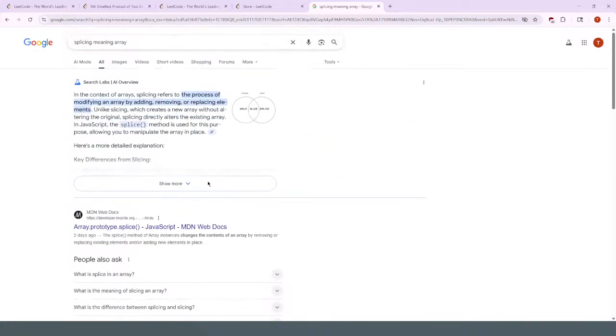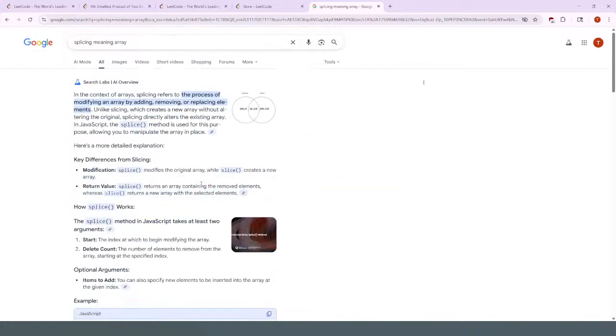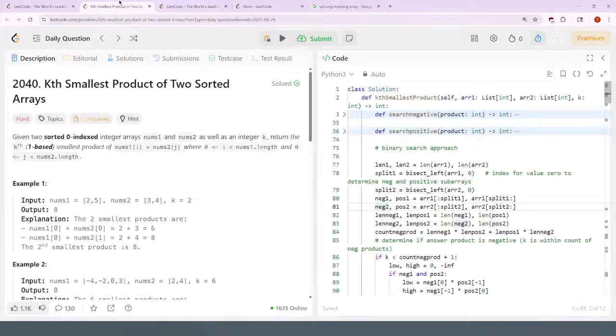I think this is splicing. You can also say this is, anyways, splicing is just getting a subarray between two indices. Alright, so get your negatives and positives for each array, and then